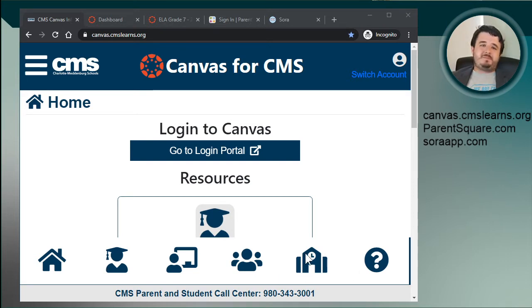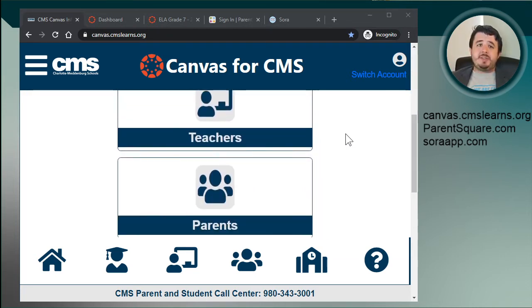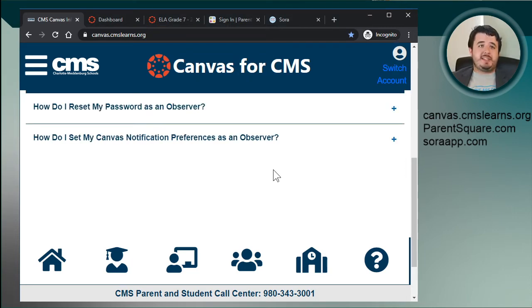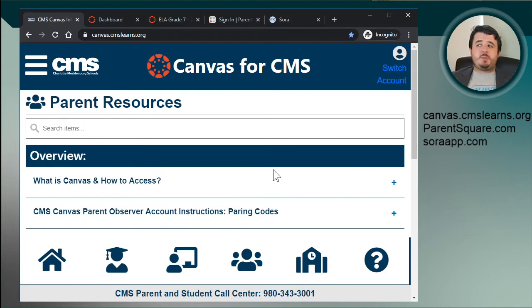So the first thing I want to talk about is Canvas. Canvas is our school's learning management system that we use to give students access to resources and to hand out and receive back assignments from them. What you might not be aware of is that there is an opportunity for parents to also get in on some of that action. If you go to this website, and the link for it should be right below my face, it is